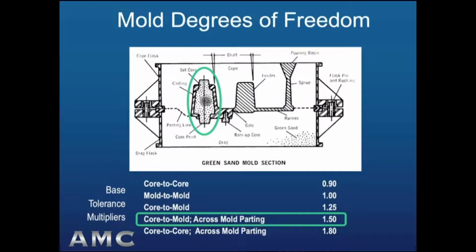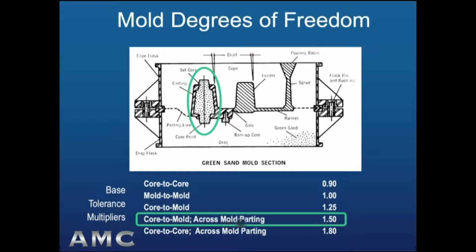Well, you can be more accurate across a core based on the fact that the core making processes are more accurate. So if we had an important dimension across that large core that's encircled in green, well, then the dimensional capability there is actually better than nominal and would be 90% of that particular mold cavity making process capability, in this case, air set sand. But if we cross a parting plane, or even more, if we cross a parting plane and have a core involved, which is what we have circled in our table down below, well, then we coarsen our factors significantly as far as what our mold